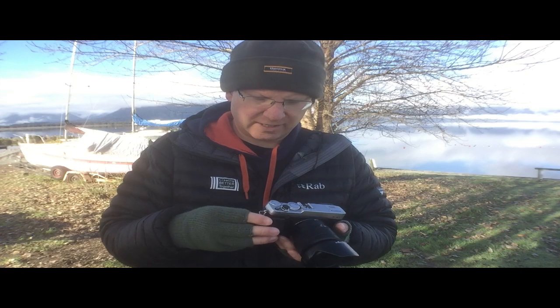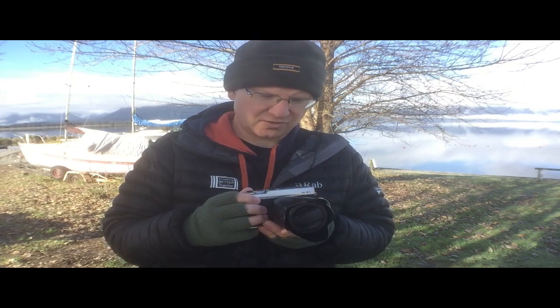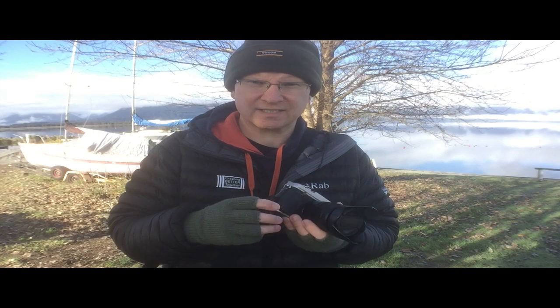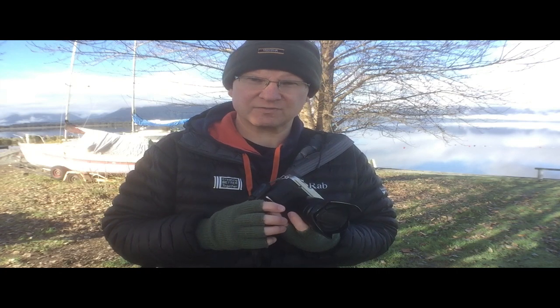These little X-E1s are about 6 or 7 years old now, so you can pick them up quite cheaply second hand, especially without a lens. If you add a lens it's a little more, but again this kit lens is relatively cheap. So if you can pick up